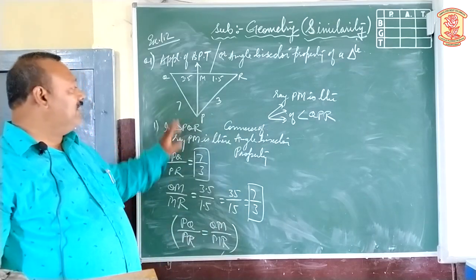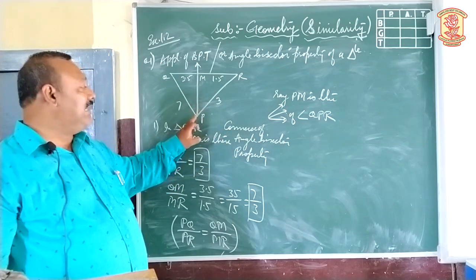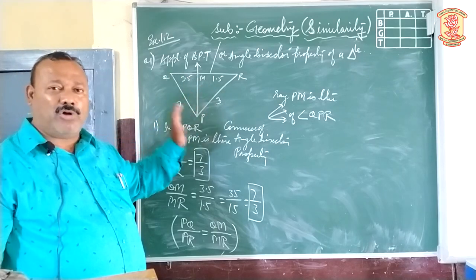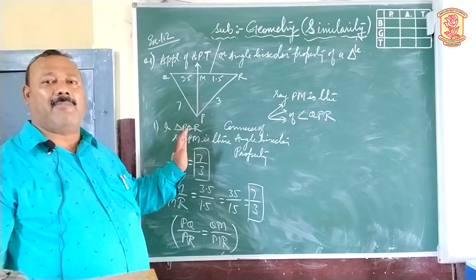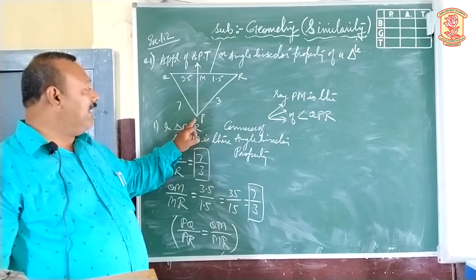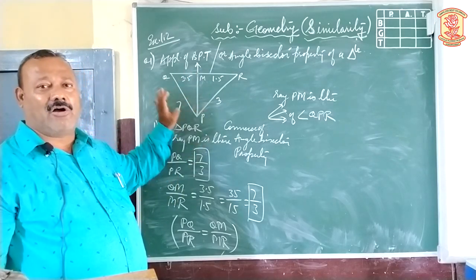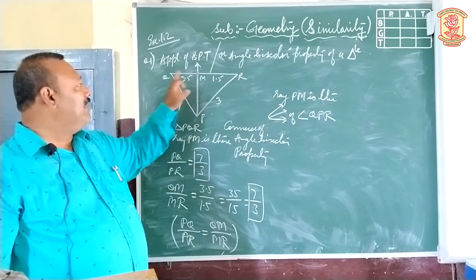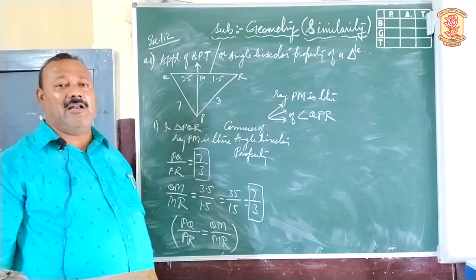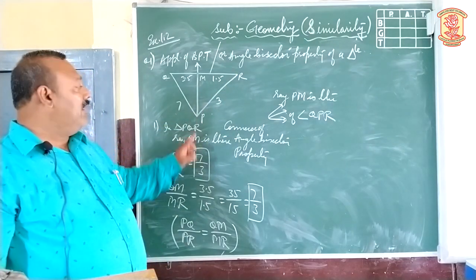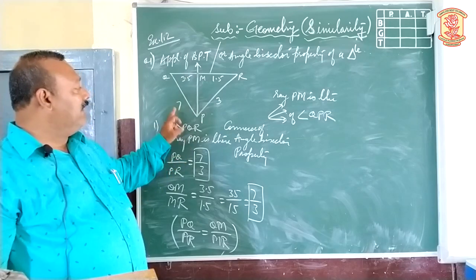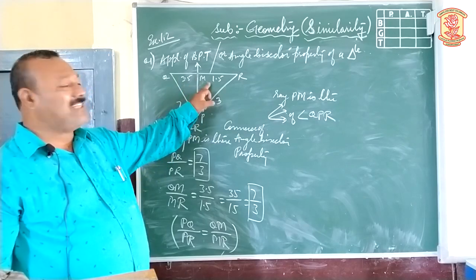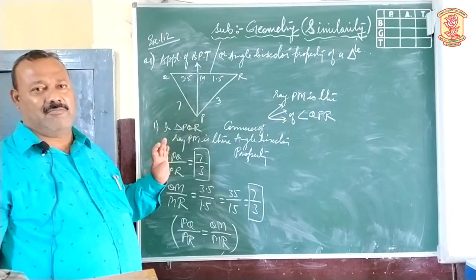When the ratio of the remaining sides equals the ratio in which the ray divides the opposite side, then we apply the converse of the angle bisector property, and we say that the given ray is the angle bisector of that given angle. In this way, you have to decide ray PM is the angle bisector of angle QPR. When can we say ray PM is the angle bisector? When the ratio of the remaining sides equals the ratio of the divided opposite side. Got it now?